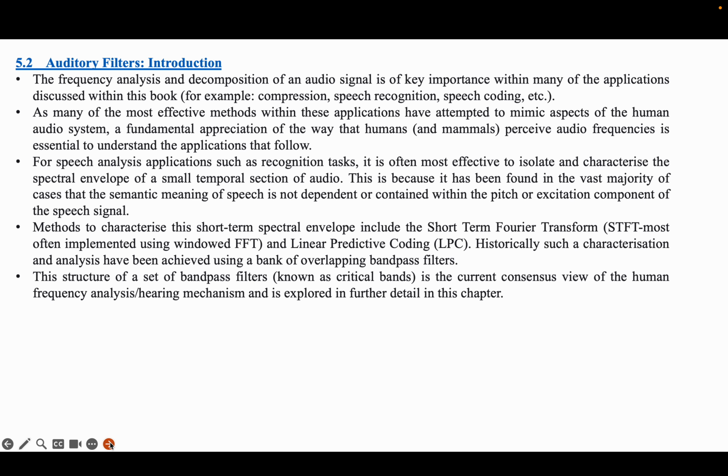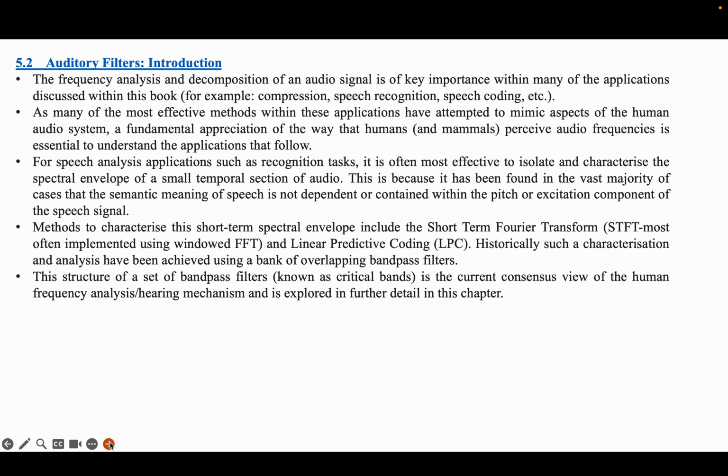As an introduction to audio filters and a bit of our motivation for why to look at this, as far as the way humans do it: when we talk about frequency analysis and decomposition of an audio signal, we're almost always talking about it for the purpose of processing speech, music, or other important auditory inputs, usually for human interaction, human entertainment, or a machine learning natural language processor. Whatever the application, it's important to understand how the human auditory system works.